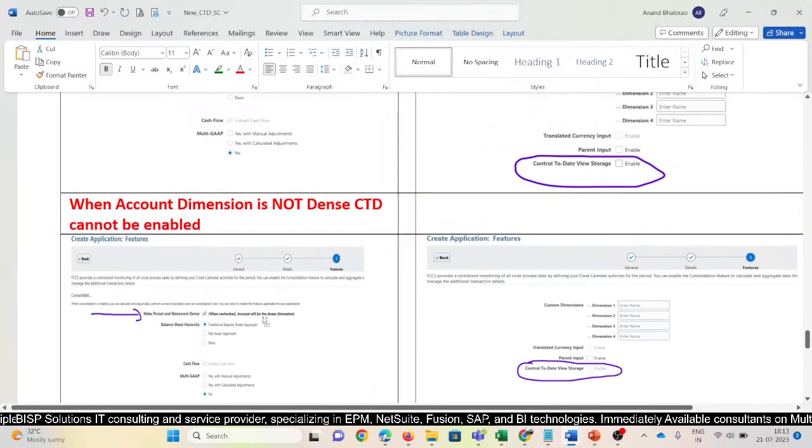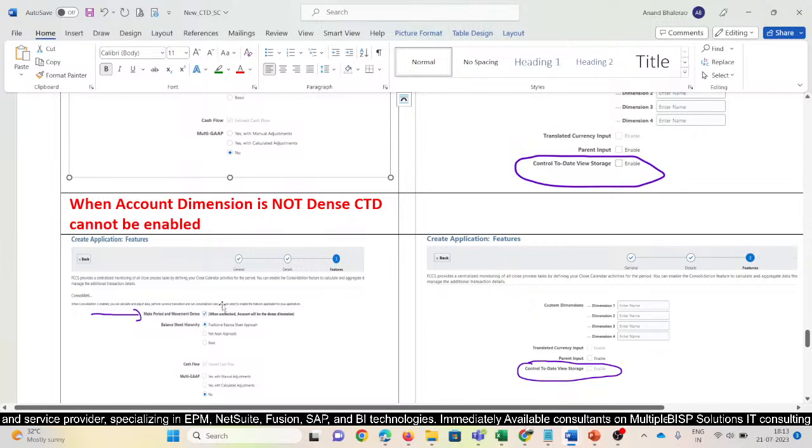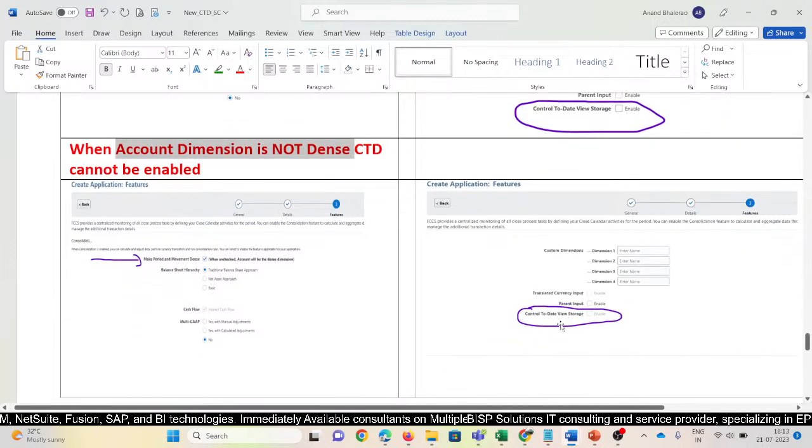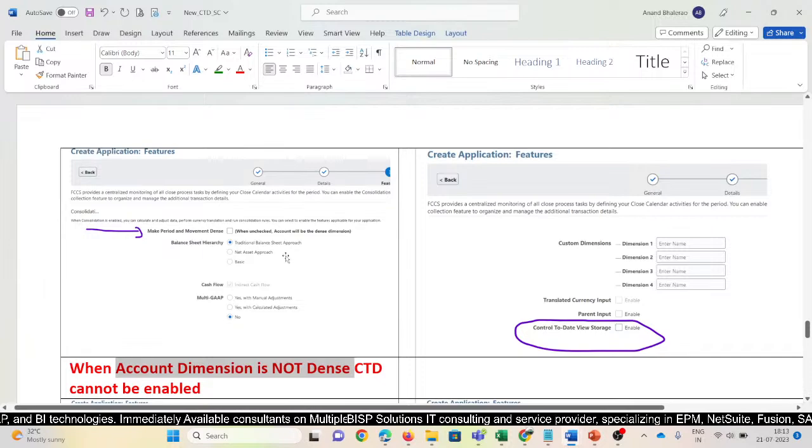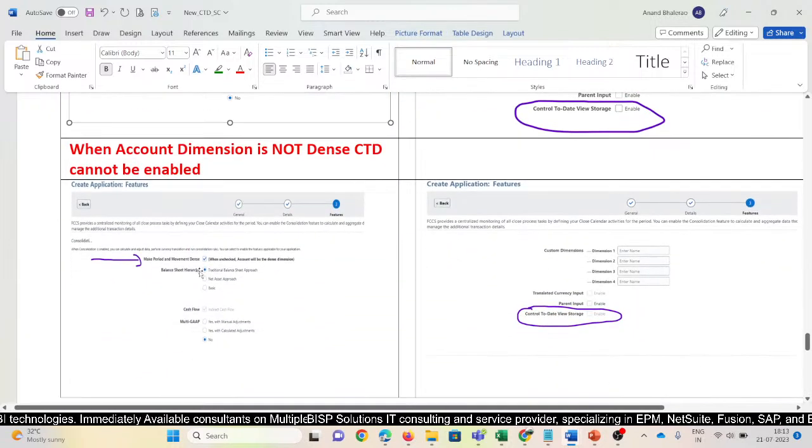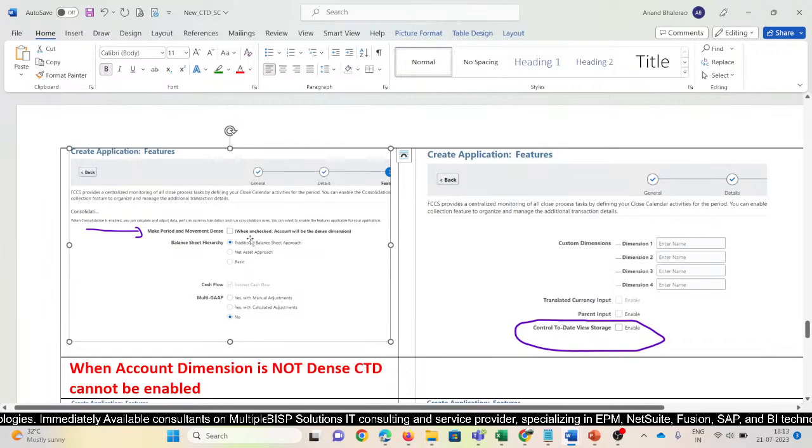account, period and movement dimensions are by default checked, and they are enabled as dense. Account and movement dimension will be dense by default, and in that case this control to date view storage feature is not enabled. But while creating the application, when we uncheck this one, that is movement and period dimension,